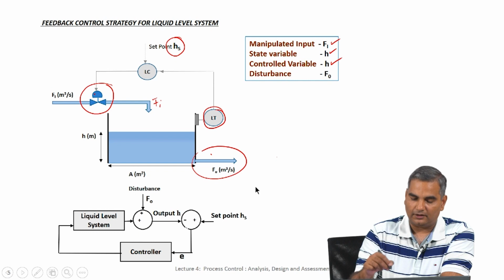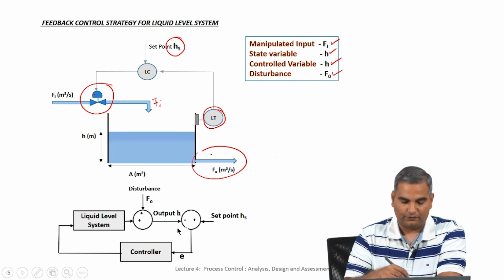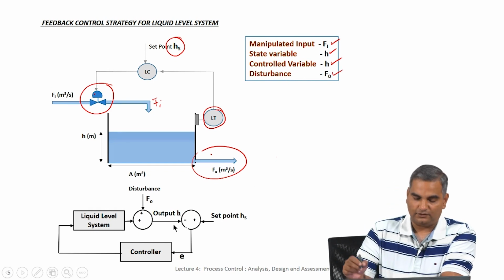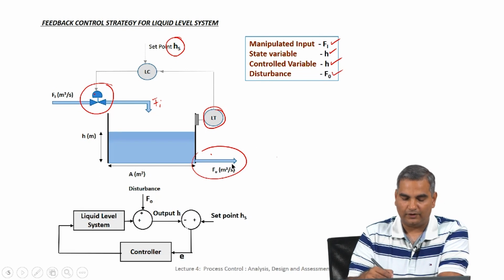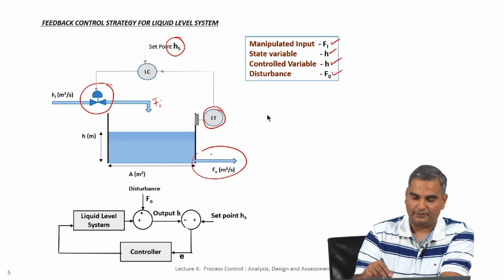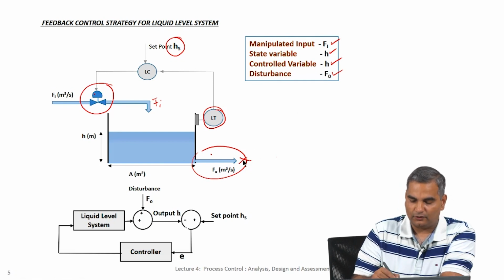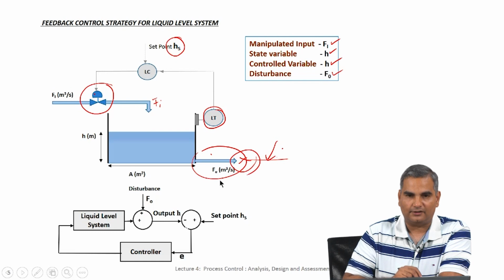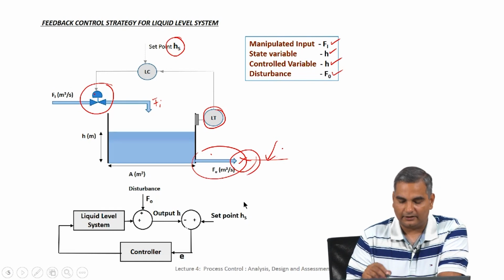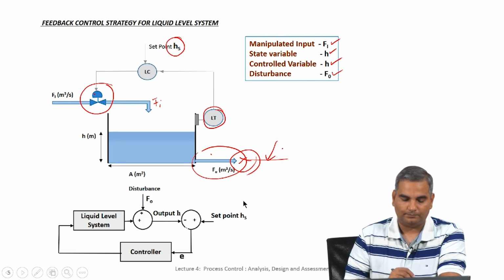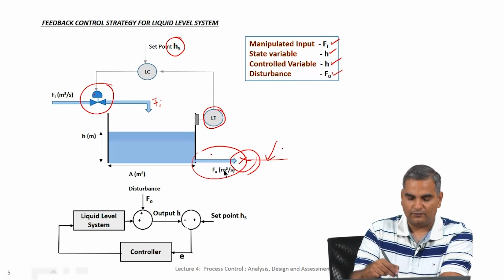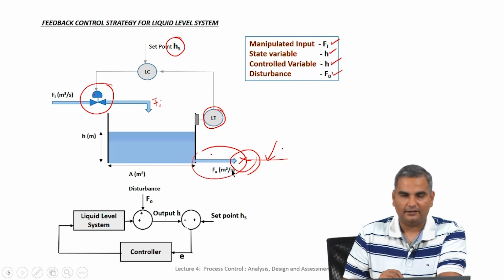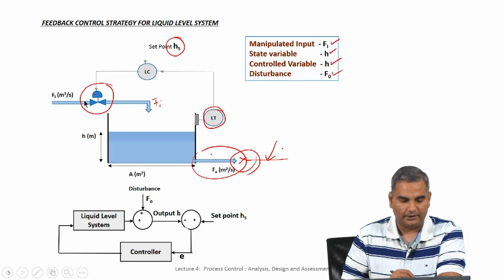So, you could also think of this as a disturbance variable for this problem, or if this is just the system, then this is the output variable. So, it depends on how this is connected to the other system. So, for example, if let us say there is another, not a control valve, just a valve here, then the pressure changes here would change the flow here, because the pressure difference across the valve will change, and that will create changes in F naught and so on. However, if this is just a system, then we could say F naught is just a function of height, and then say this is the only manipulated variable.